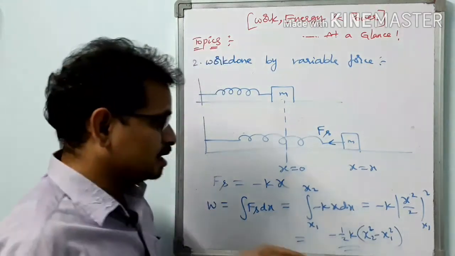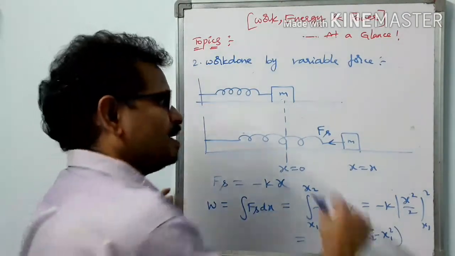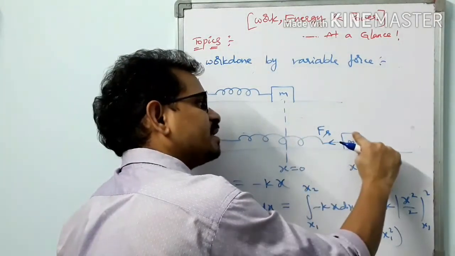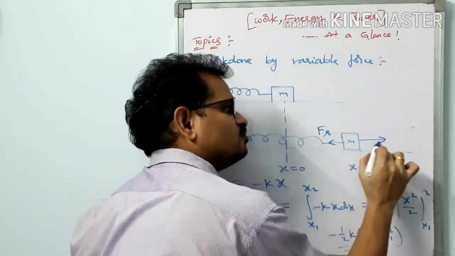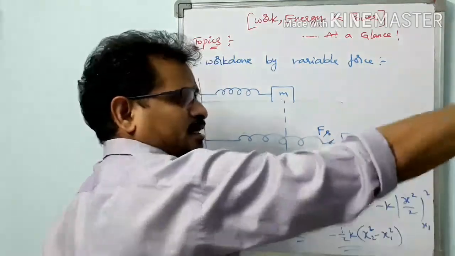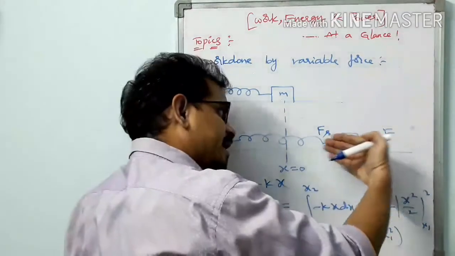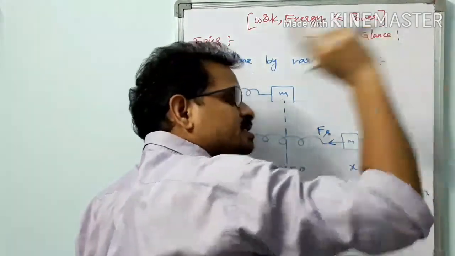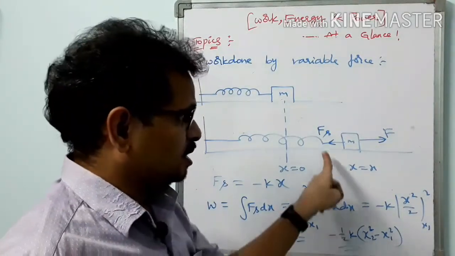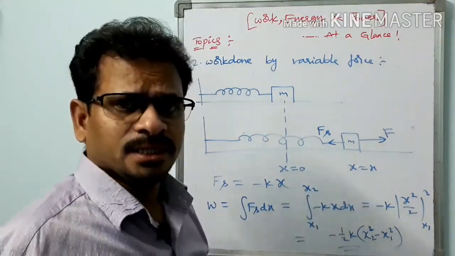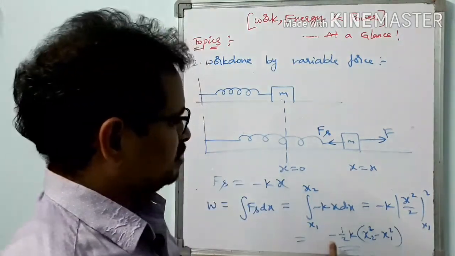See, the work done by the spring is negative. Why are we getting negative work here? Because we have stretched this one in this direction and spring force is opposing it. The displacement of the block is rightwards due to external force, and spring force is acting in the opposite direction. So force and displacement are in opposite directions. So therefore the spring force is doing what type of work here? It is doing negative work. Got it? So the work done by spring force is this much.